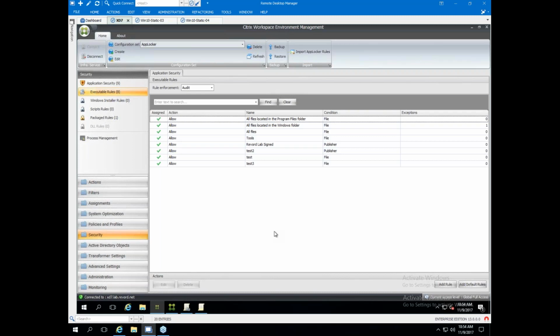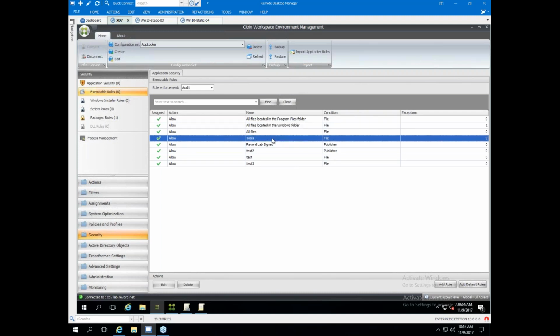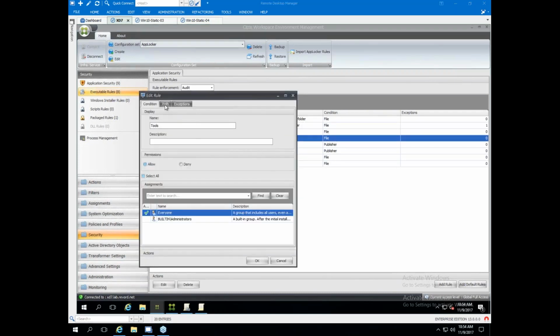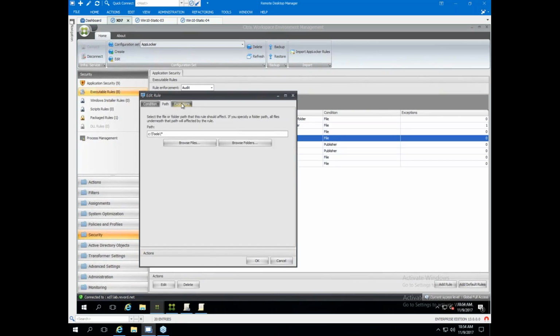You control it. You know everything that's on it, so you can lock down where the users can copy files to, and just like I have here, any files that are in the Windows or Program Files folders, they're fair game. But anything outside of those places, and that's why I added the demo rule for tools, because that might be your internal company folder where you write all your in-house software. Instead of Program Files, it's C:\MyCompany or whatever. In this case, it's these tools for me. Open those up, everyone's free game, because as long as they can't write there, and you only give them execute and read,